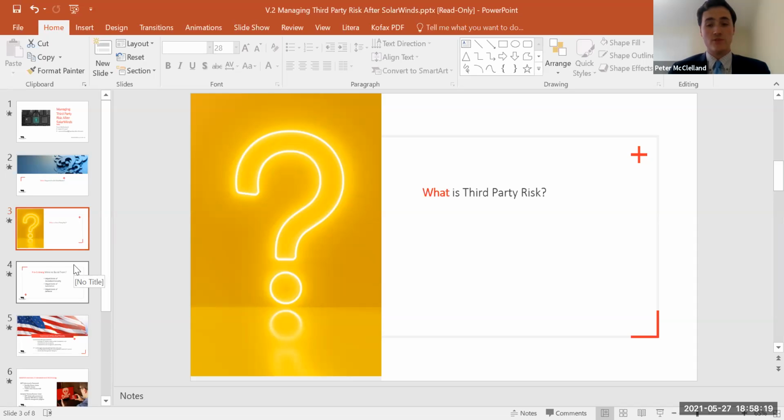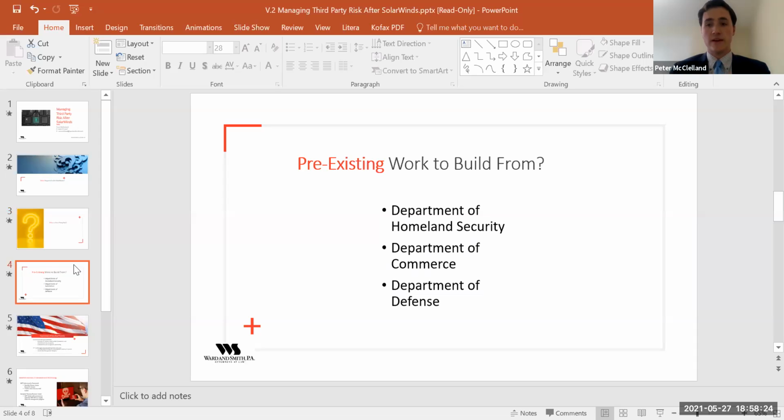So rather than building from scratch, I want to talk about some pre-existing frameworks that we can build from in order to secure the systems and meet the legal requirements you're going to have for any third-party risk management program.